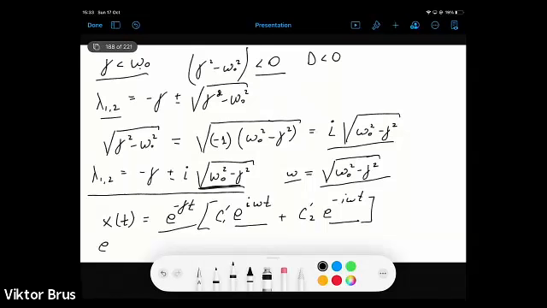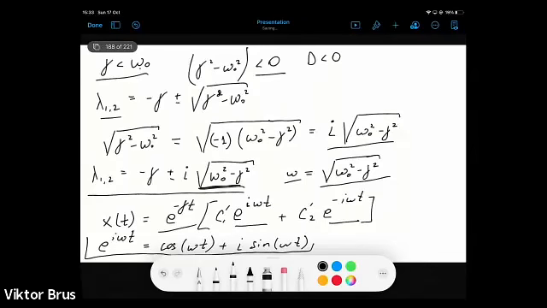So we can write that exponent to the power i omega t can be represented as cosine omega t plus i times sine omega t. So this is Euler's formula, and we will need to use it in our consideration. But it will be a little bit later. So now we need to go from